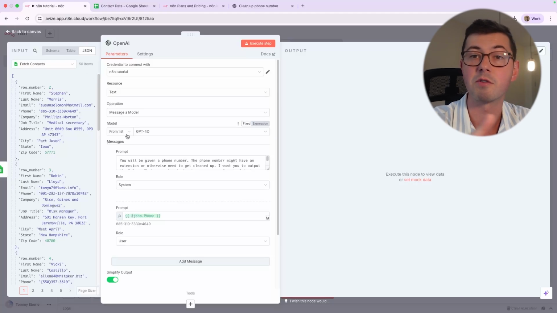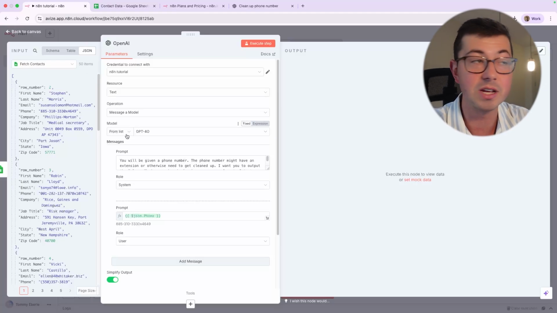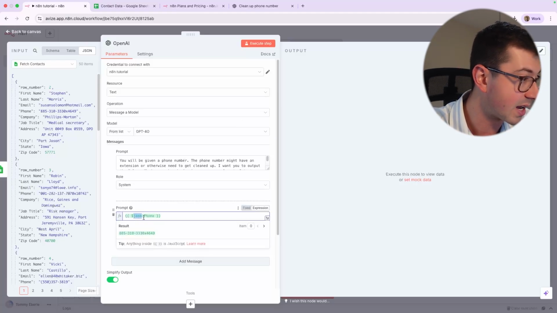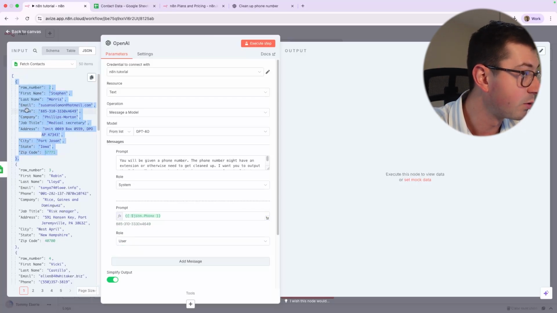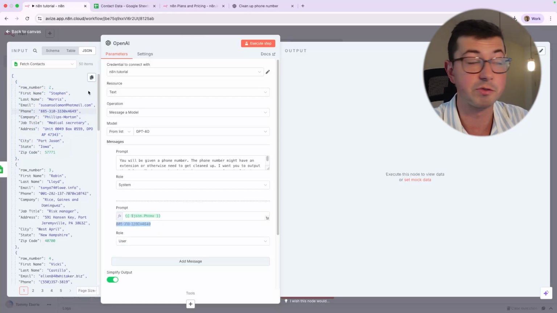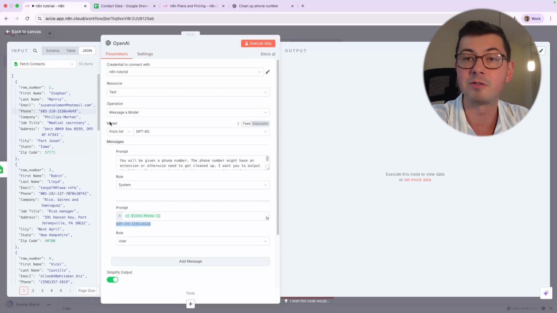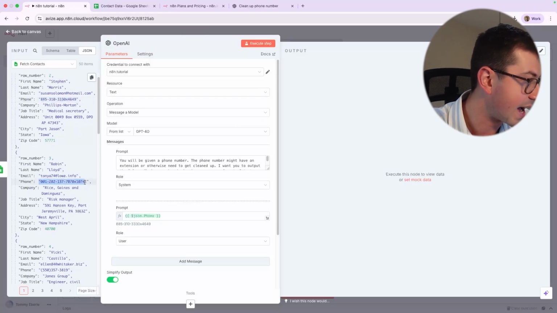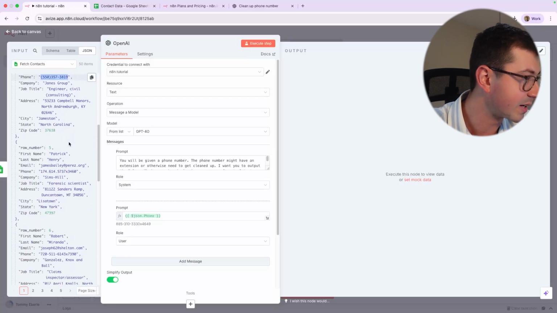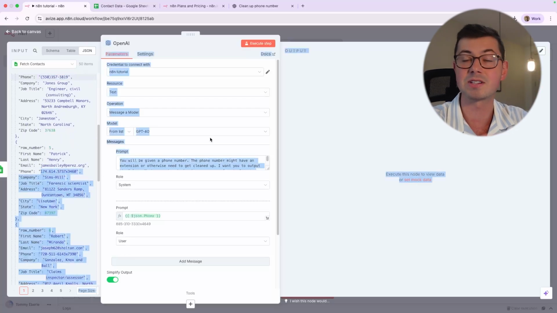And it's going to run once for each item in the JSON array. So when we do $JSON.phone, what that means is for this object, or for whatever object is currently there, grab the phone field, and that's why in the little preview we are seeing 885-310, blah, blah, blah, Steven's phone number here. This is going to run 50 times, and each time it's going to grab this guy, then it's going to run again and grab this guy, then it's going to run again and grab this guy, and then it's going to output